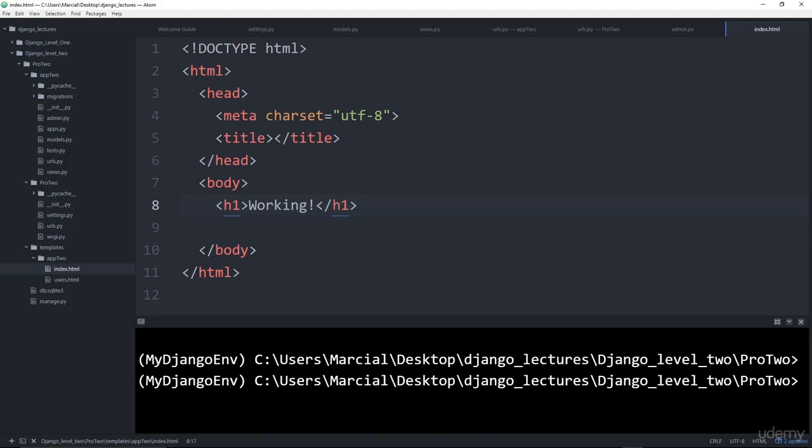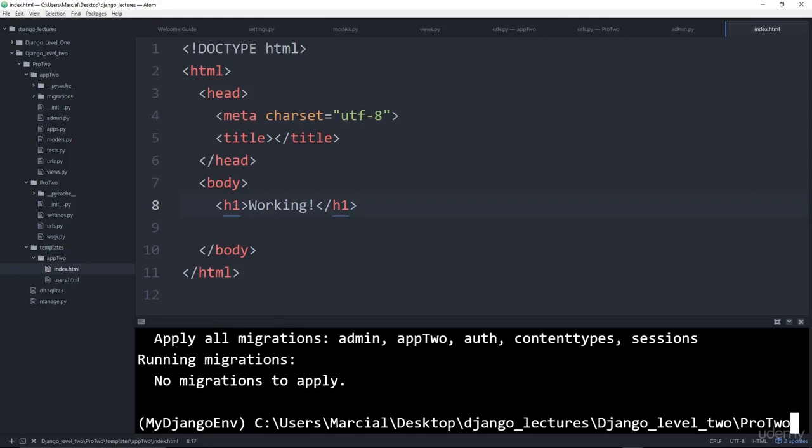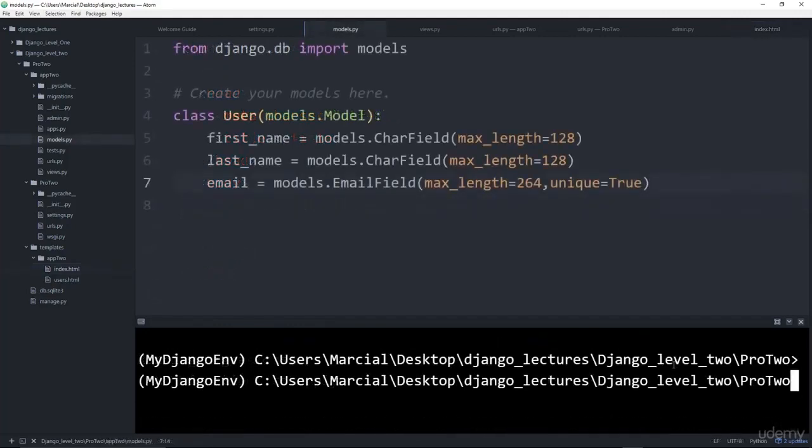Okay, now that I've created the superuser of the admin, let's make sure everything has been registered. So let's call python manage.py migrate. Hit enter. No migrations to apply, so that's good. All right, now that we've created the superuser and checked those migrations again, we should be able to run